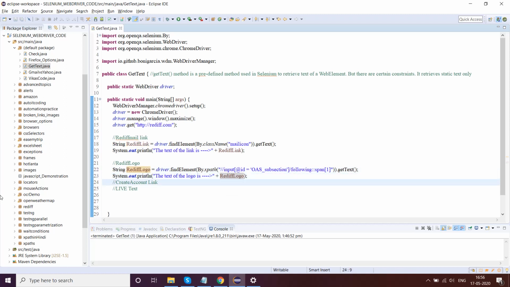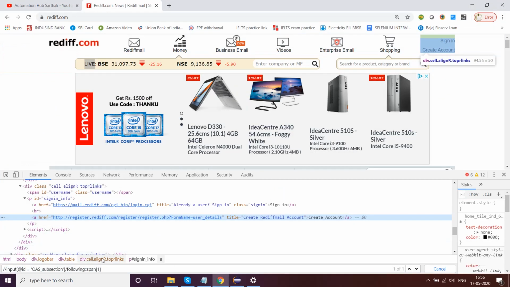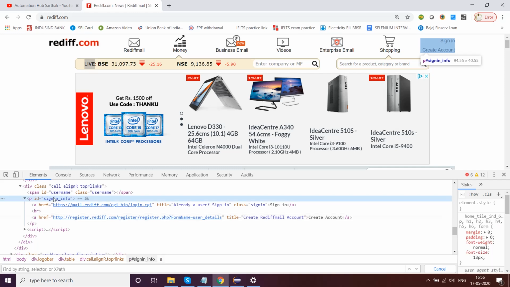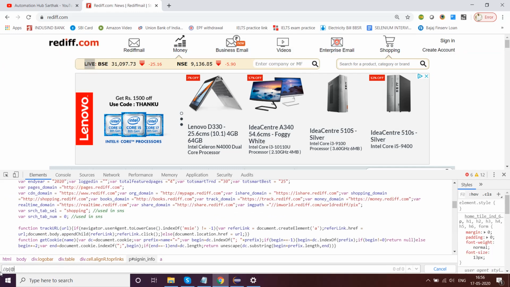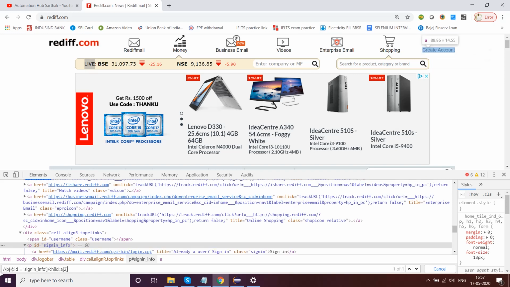Let's find out for the create account link. We'll inspect it. It doesn't have anything, so we have to take it from here. We'll come here, p @id equal to this, child a2.